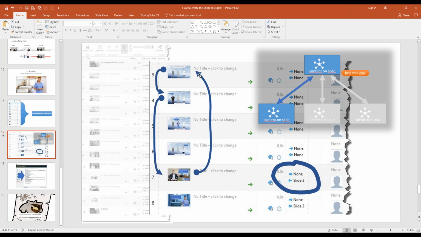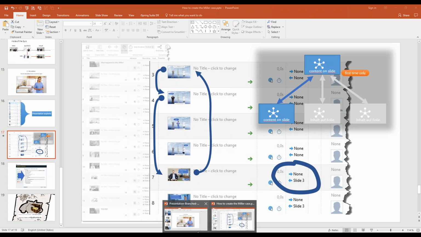All right, next question is from Jim. Can you explain how the quiz fits into these scenarios? I want to make sure that the user has found the information I have hidden somewhere, and with the quiz I can test if he has the information. So what I ask in the quiz, let's do the quiz,